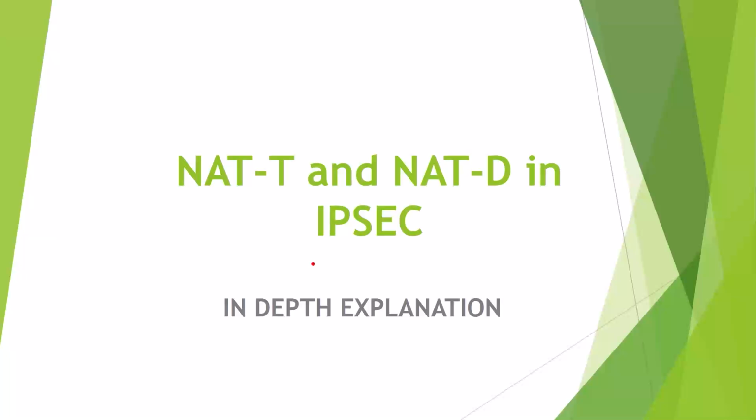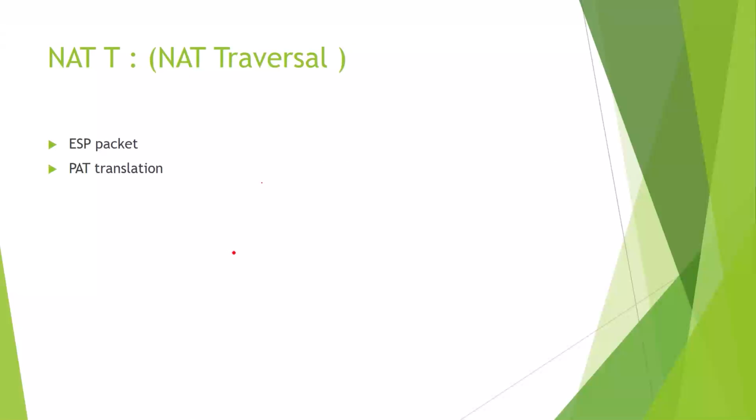But there is a way to do that. That is called NAT traversal. We'll learn more in this video. Now, NAT traversal is a way to override the NAT. That means a NAT device is there when the traffic is being sent. It will do its work, but to prevent an issue which can prevent that traffic from being sent to the receiver end, we use this NAT traversal.